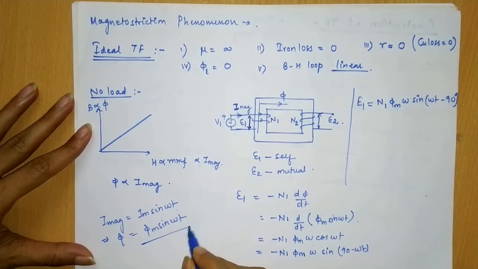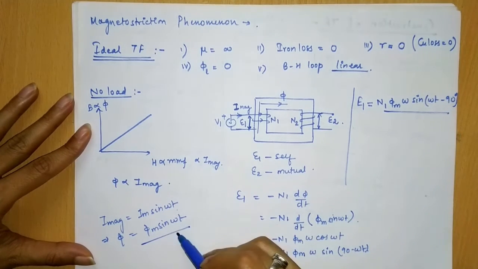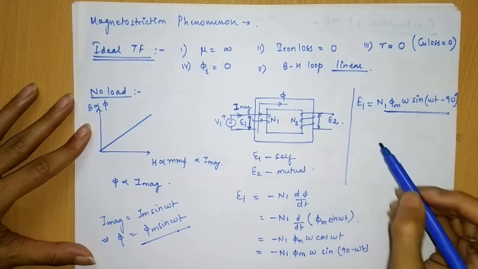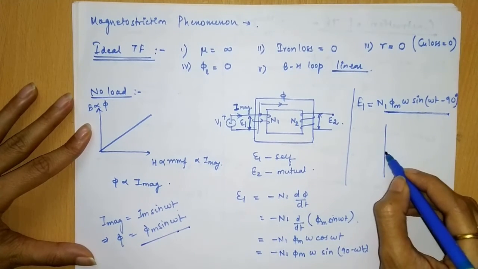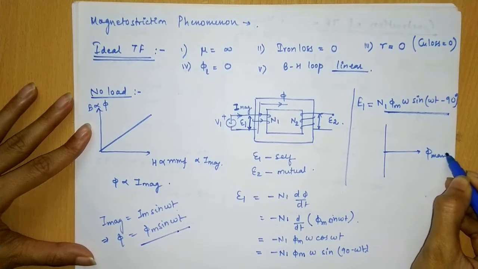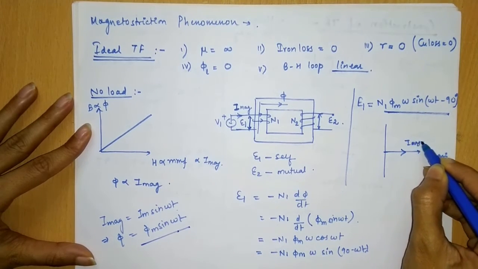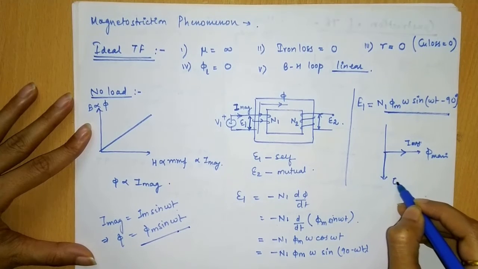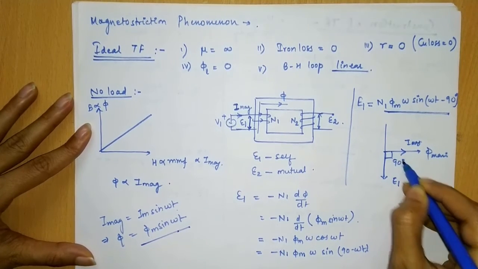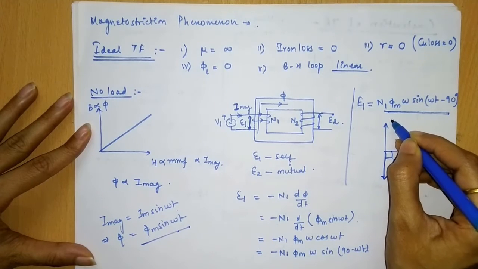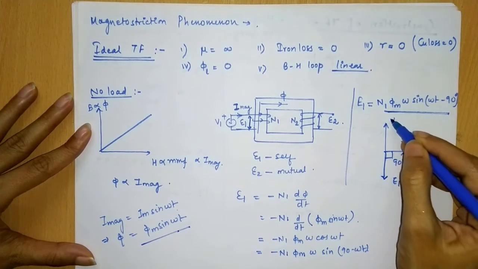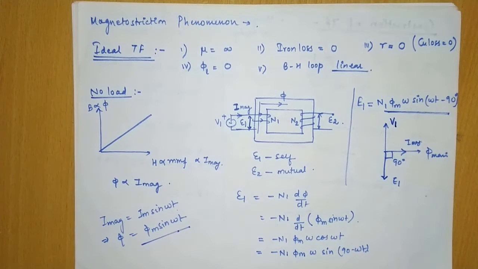This is the main field flux, this is the induced EMF. As you can see, induced EMF is lagging flux by 90 degrees. So we draw the phasor as, if this is the main flux, this is the magnetizing current. So this will be the induced EMF lagging by 90 degrees. Supply voltage is being opposed by this induced EMF, hence V1 will be in this direction. From the phasor diagram, the magnetizing current drawn by the primary winding is lagging the supply voltage by 90 degrees. So it is a purely reactive component of the current.